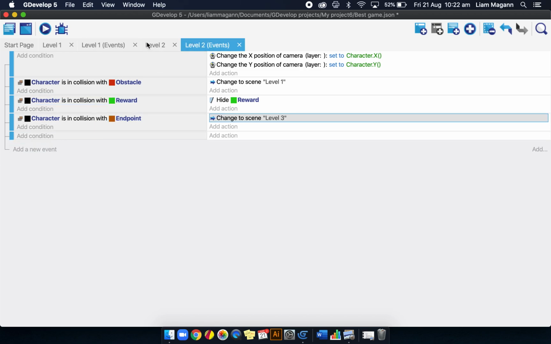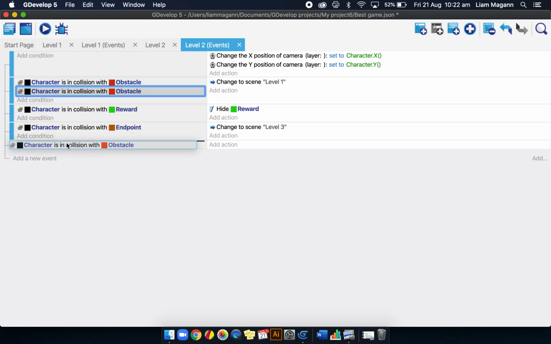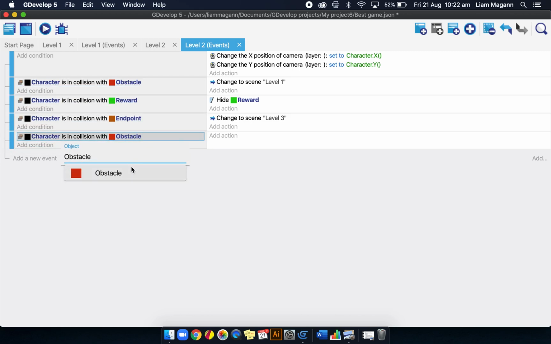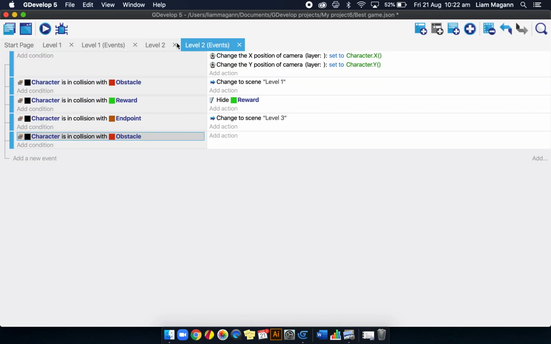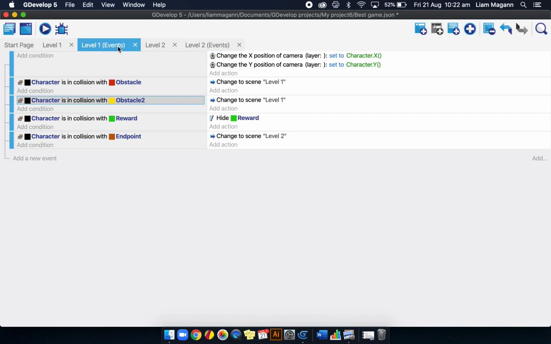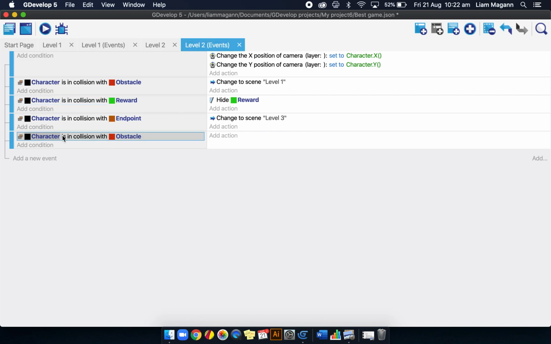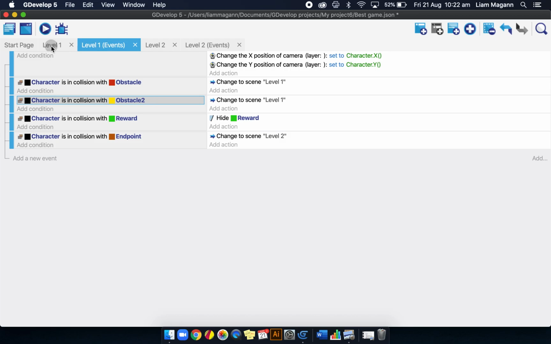So if we add an event, we can copy and paste that down, and we can say obstacle. Now we probably don't have obstacle 2 in here. Okay, so that's where maybe we probably want to duplicate level 1 again now that we've added something to it. Alright, so we probably don't need that just now. Last thing,